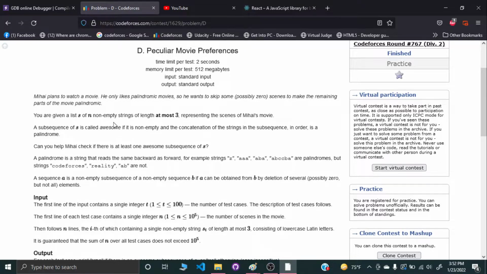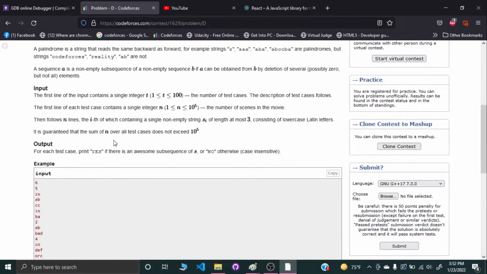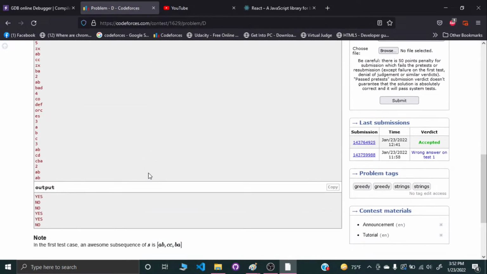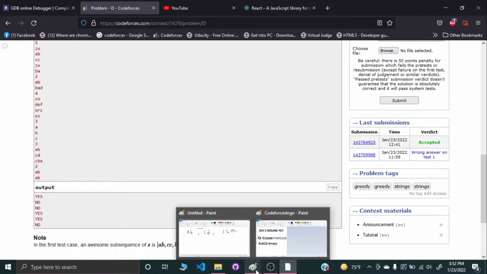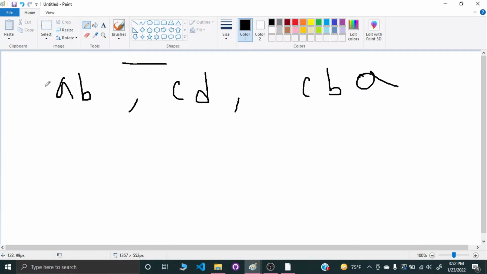To explain it more broadly, let's take one example here. Let's say for this test case we have 3 strings and their length is at most 3.